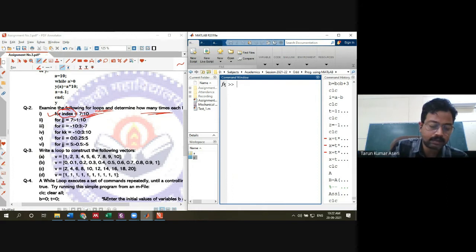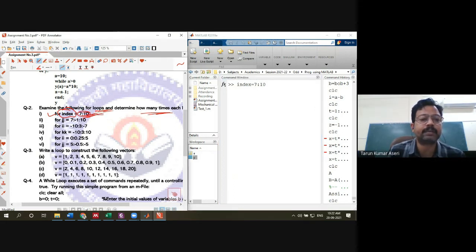For example, this is my index equal to 7 to 10. You need to operate between these values. You can modify this statement as 7:1:10. So there is an interval of 1.